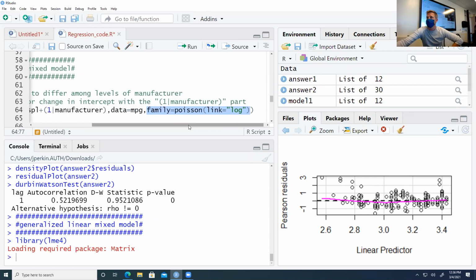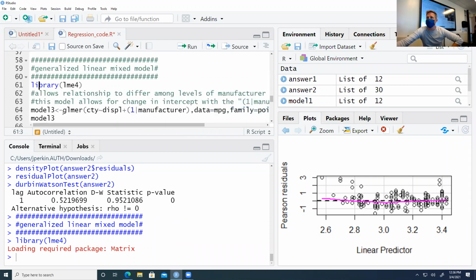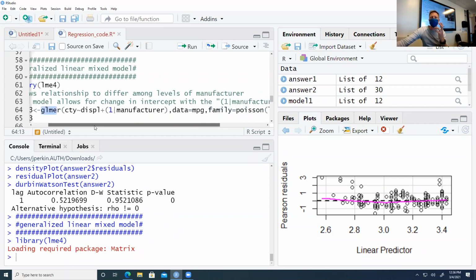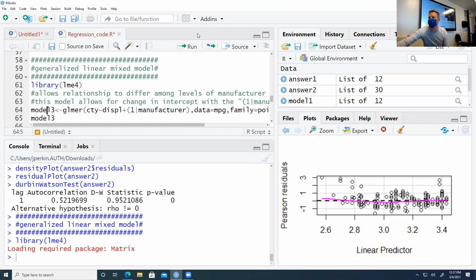So we're using a new package and a new function, but notice this function is built using a lot of the same syntax that we saw when fitting linear models and generalized linear models. Now we have the added benefit of being able to put in our fixed effect, which is displacement, and then our random effect, which is manufacturer. We're saying that we're going to allow the relationship between displacement and city to vary across different manufacturers. So if I run model 3,